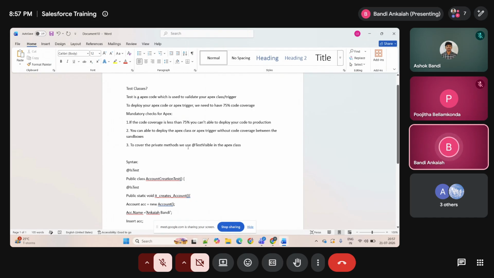To cover the private methods, we need to use @testVisible in the Apex class, not in the test class. Okay, and that is the use of testVisible. You will get one question: what is the use of testVisible? By using the testVisible annotation, we can cover the private methods in the Apex class. Why? Because we cannot write a test class or test method for private methods. So private methods are not visible in the test classes. Okay,